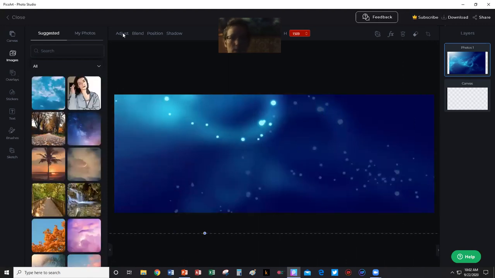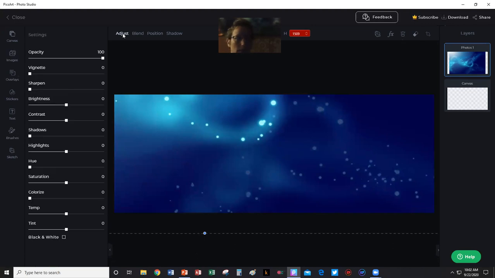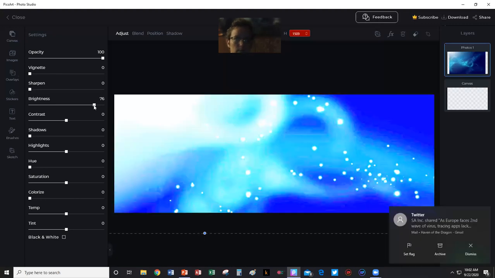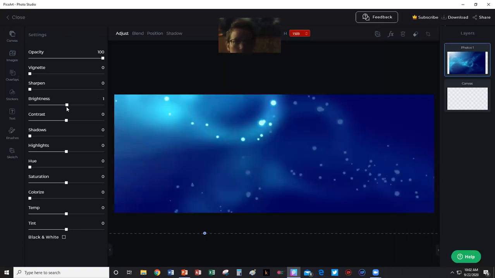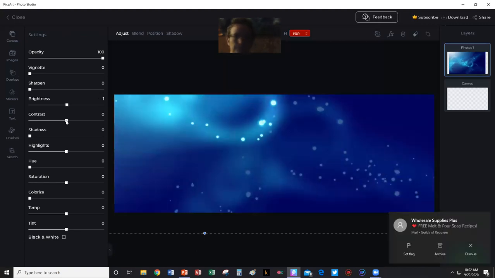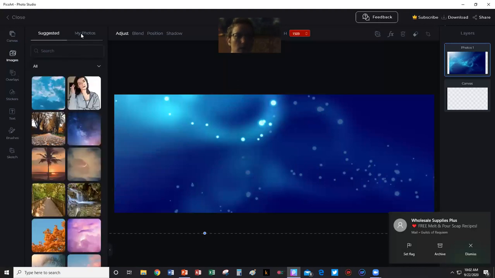So the second thing I can do is I can then come into the background. I can adjust it, and you'll see everything here is on the left-hand side of the screen. I can make the picture brighter. I can make it darker, which is always very helpful because then you get the most mileage out of your backgrounds. Okay, so the second thing I'm gonna do is put my Tuesday topics up here.